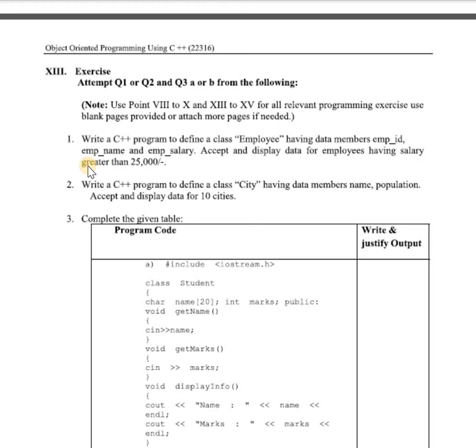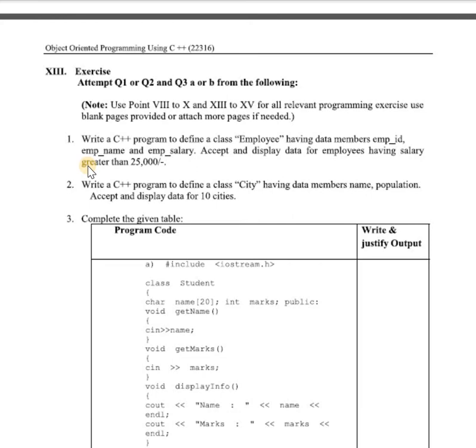Then in the main function, you are creating an object of the class employee, and for the for loop you have a variable i. So you can declare the variables that are required for looping. That means here in the main function you are using a for loop for reading the data, accepting the data of objects one by one, and displaying the data one by one.